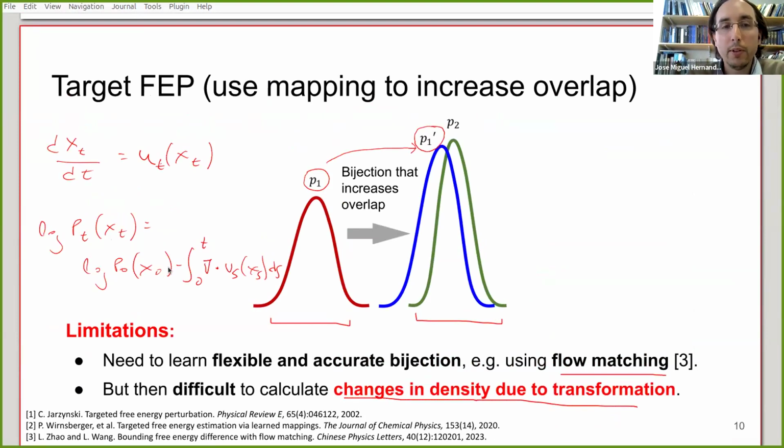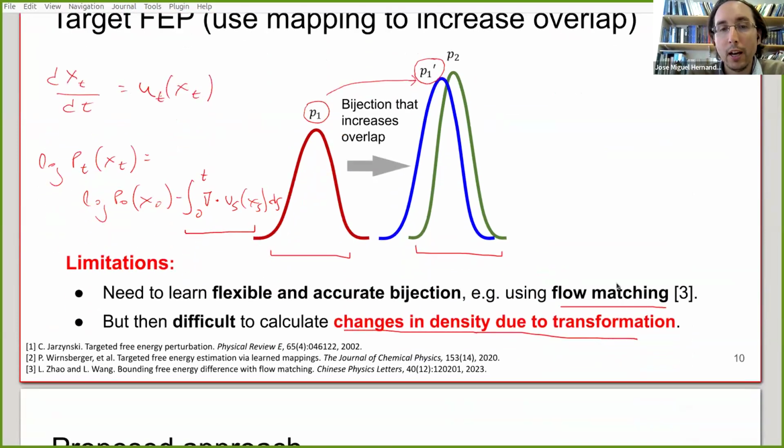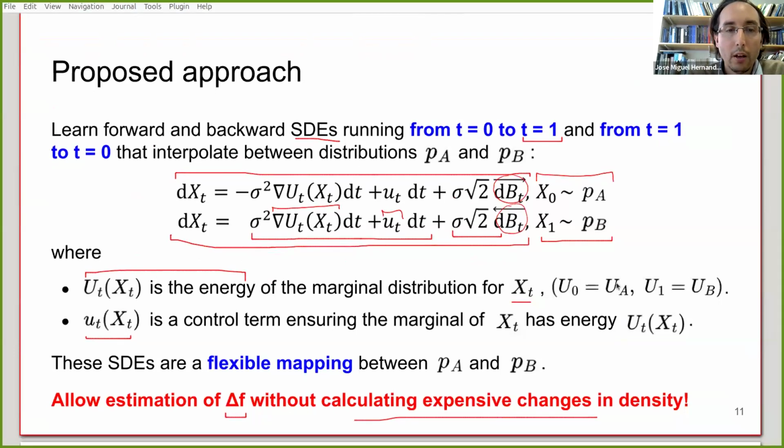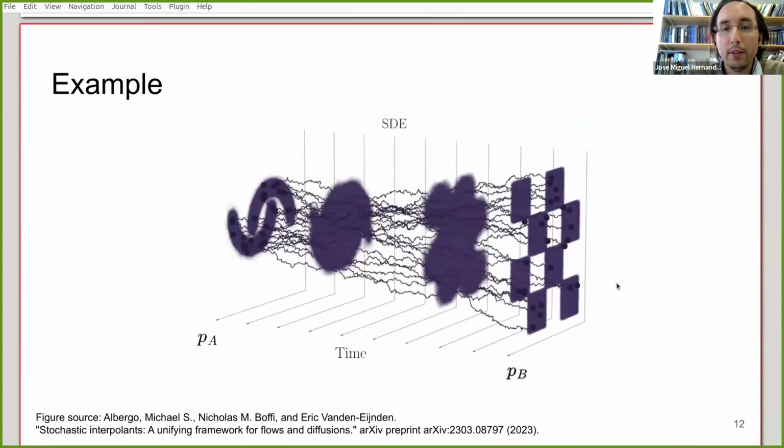So in this previous case, we had to calculate this integral here. That's going to be quite expensive, and we're going to see that using these SDEs, we can sidestep that. Good. This is just an example of how this works. You could have a distribution PA here on this side, and we see the trajectories of the SDEs that map the samples into the second distribution PB, and obviously these SDEs can be run forward or backward. And you obtain this interpolation now between the two distributions with a lot of overlap, ideally.